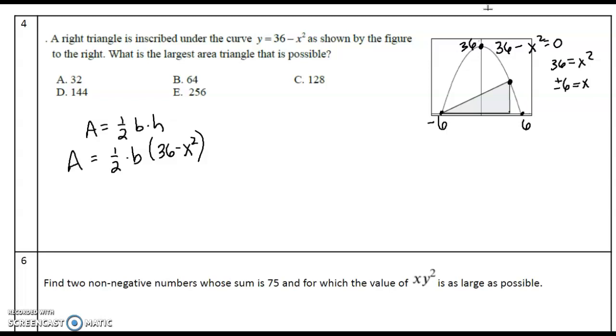Our base, well, we don't know what our base is going to be, so it's going to be dependent on this. Okay, so what we know is that this much of it is definitely 6 units long. If this is going to be my height, that means if I start at 0, I went over X amount. So our base is actually 6 plus some X amount. Because if my triangle is smaller, this makes